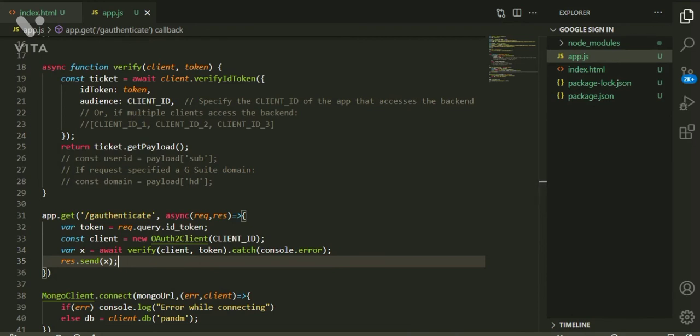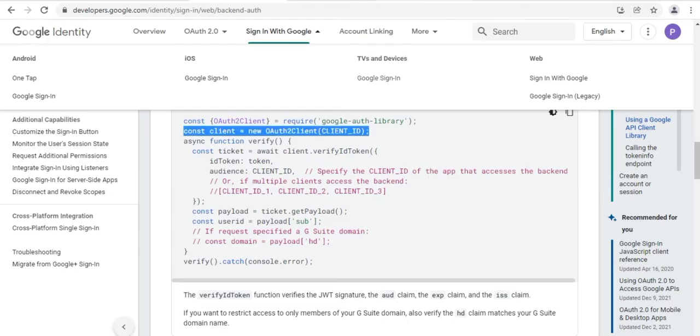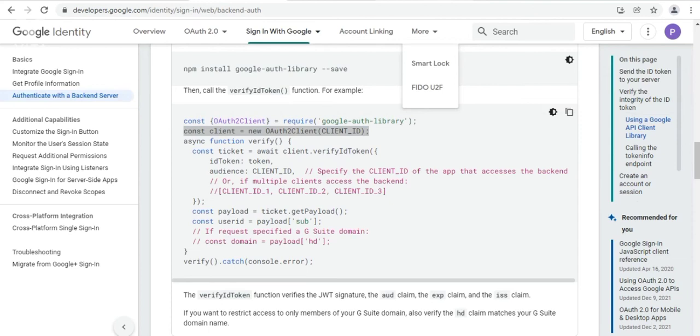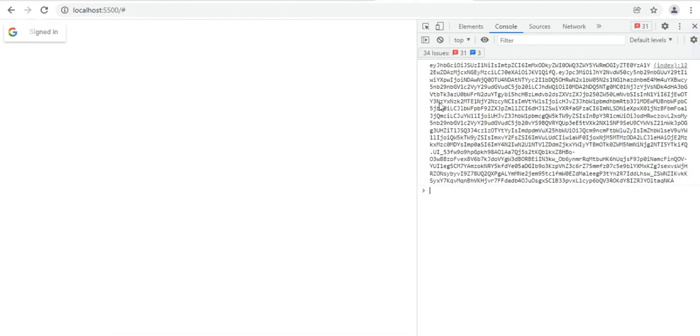And let us make this GET call with the token which we got, which we have logged, this one.